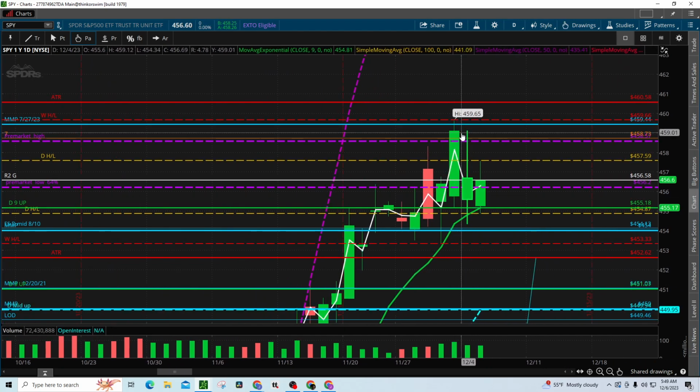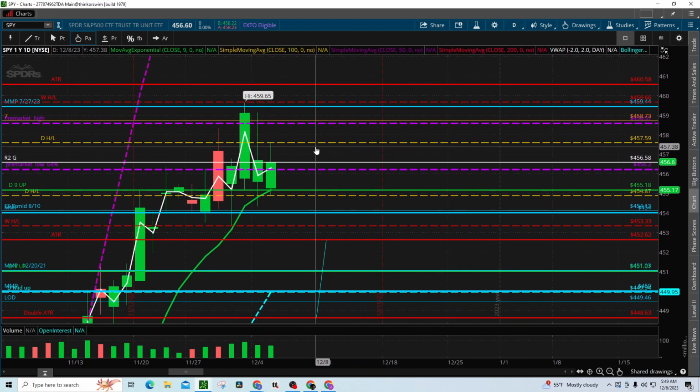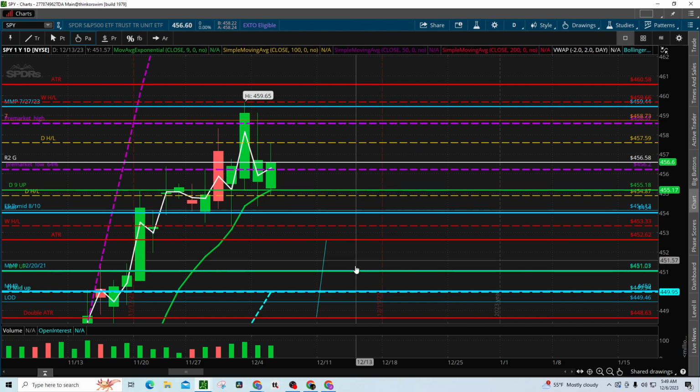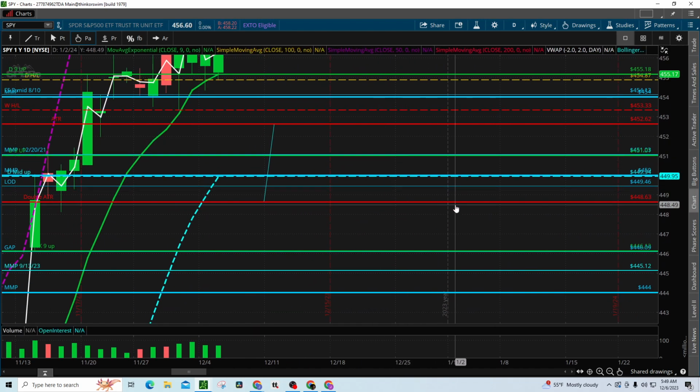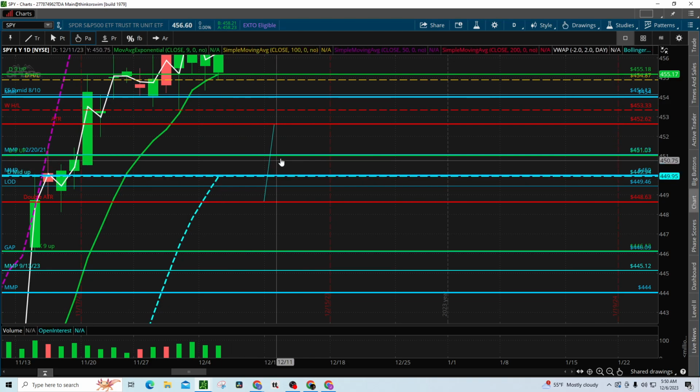I think this is the highest it's going to go. But we could chop through here a little bit. And then when it starts failing, you'll find support here, you'll follow this 999, and then all of a sudden it'll break one day, and then it'll retest and break again, and then you'll find support here. You'll come down, hit this level, come up, and then you'll be trapped between the mid and the 9 for a little bit, and then once you get back below there,